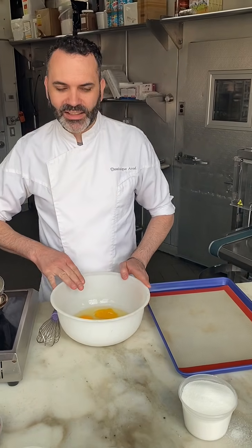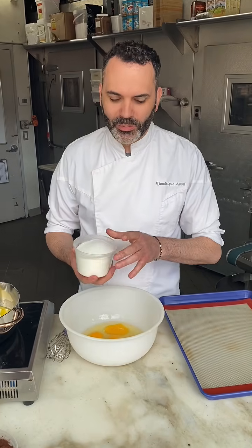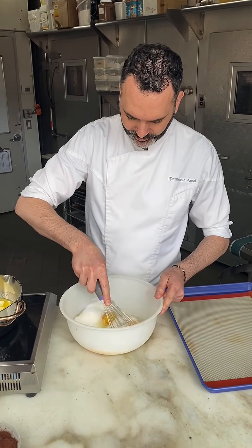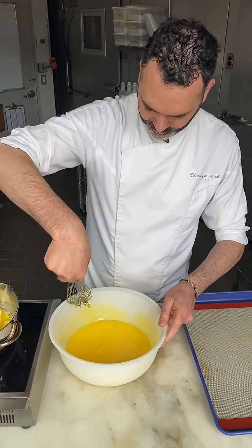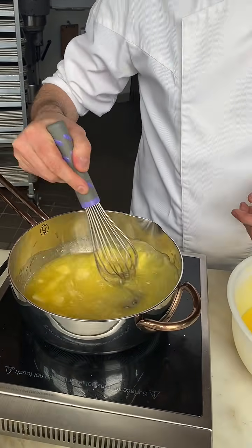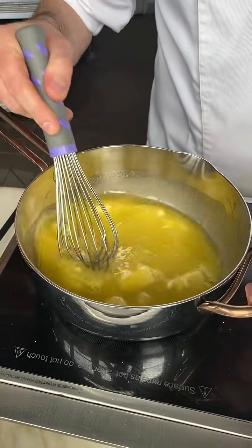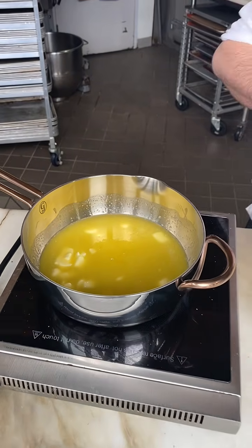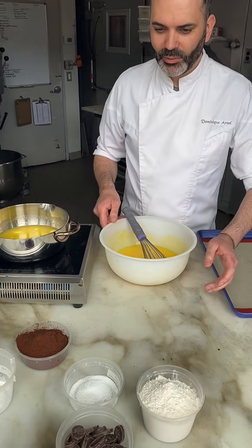We have 6 eggs here with 400 grams of sugar. Just gonna mix it together. And while this butter and sugar here is almost melted, I'm gonna go back to my eggs and sugar mixture. I'm gonna start adding